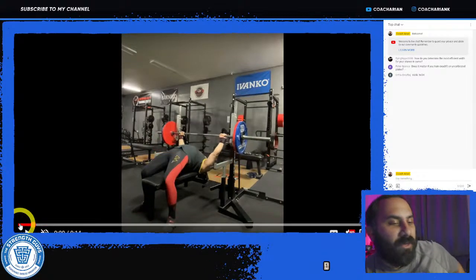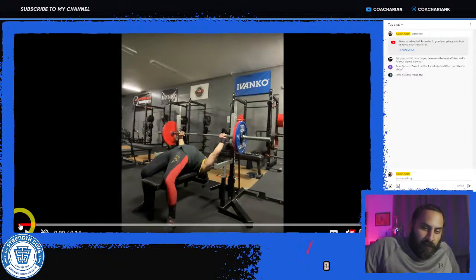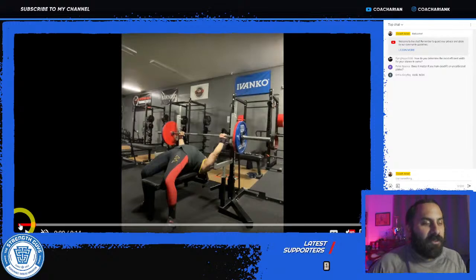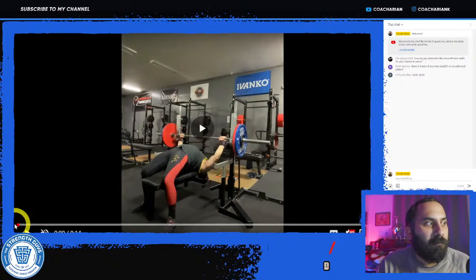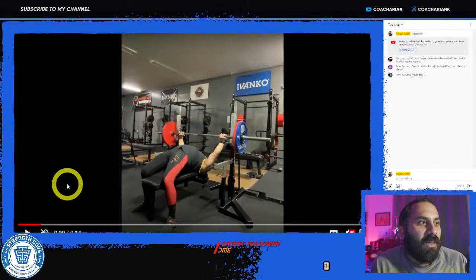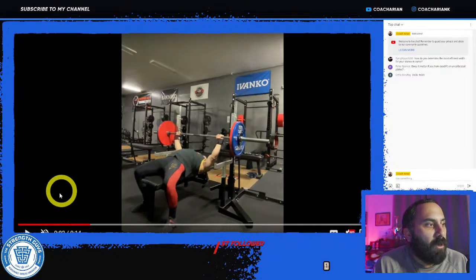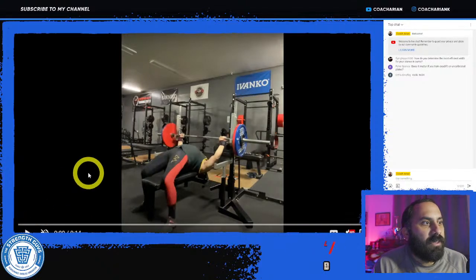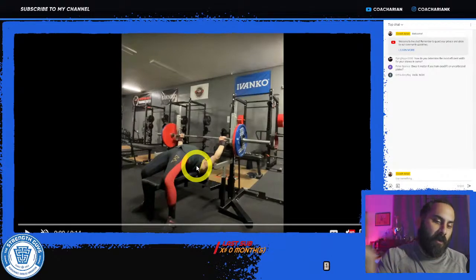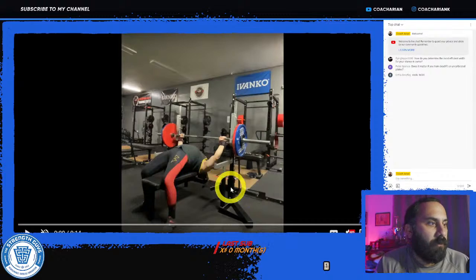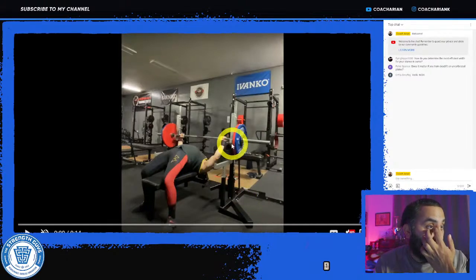So really solid bench press as well. What's most common with you all submitting your stuff is that overall it's really good, 80% plus as far as your setup and technique, just some minor things that could be improved upon. But here, as far as the setup on the unrack, it looks really good, driving the shoulders and traps into the bench. In this case, he likes having his hips up, unracking and putting the hips down. That's perfectly fine. Good grip width here.